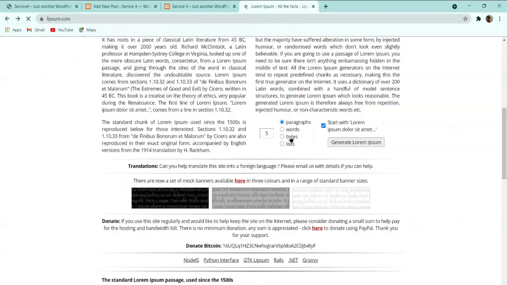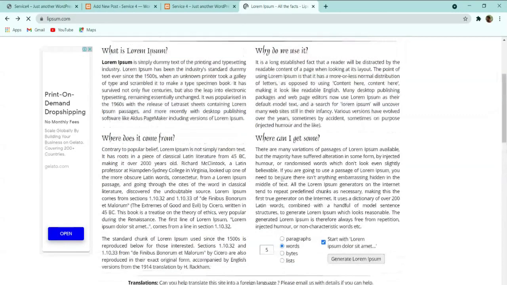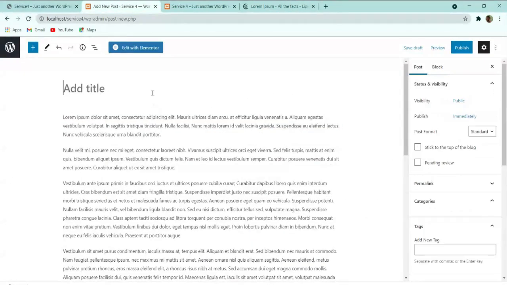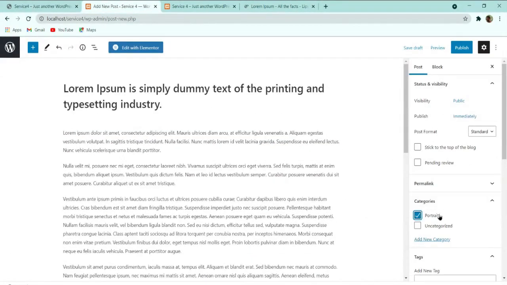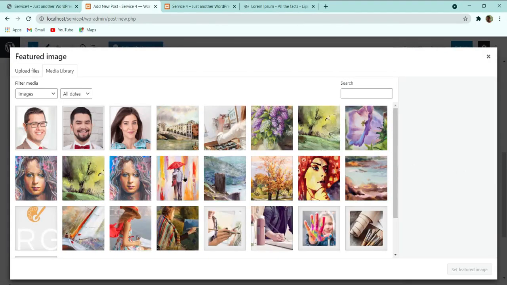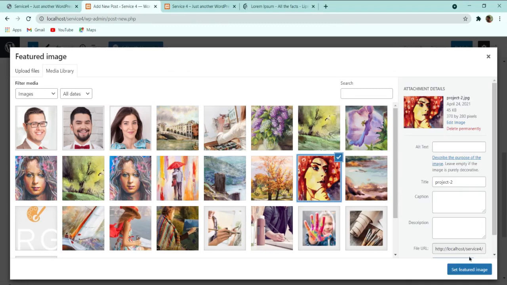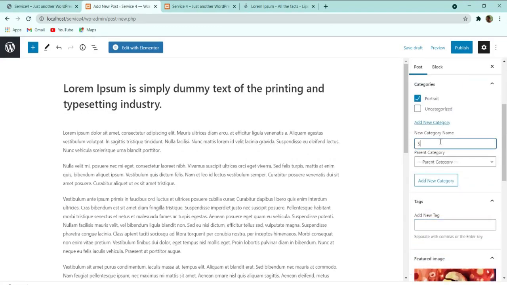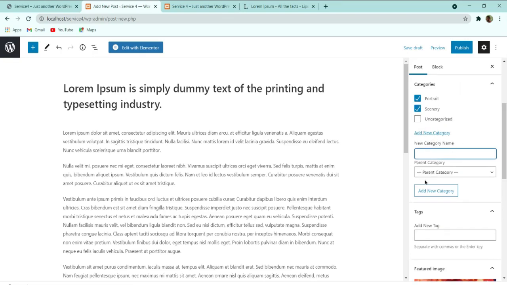And what I will do is copy anything from here, this much, and paste it here in this title. And similarly here, if you want to add any category to it, you can add. So let me select this image, and here I will add scenery or anything, scenery, and add this category.